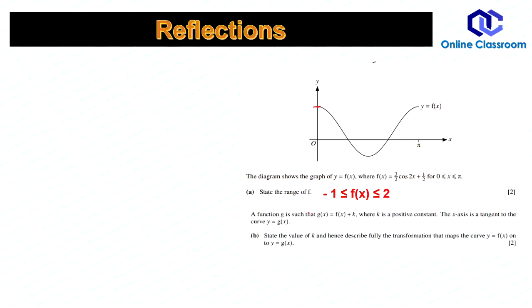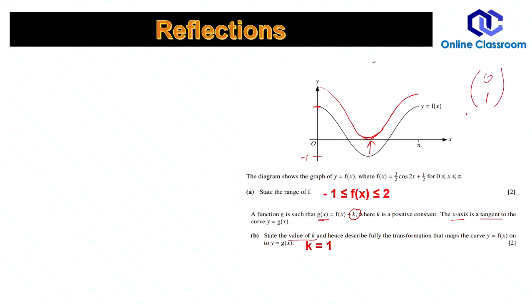Now, if that function is moved, where k means vertical translation, forming a new function g(x), so that the x-axis becomes the tangent, the new function comes somewhere like this. It has to move upward. State the value of k. It's very obvious. If it is -1 and coming to 0, it means the value of k is 1. It has been moved 1 unit upward. The vertical translation, you may write in this way also, (0, 1).